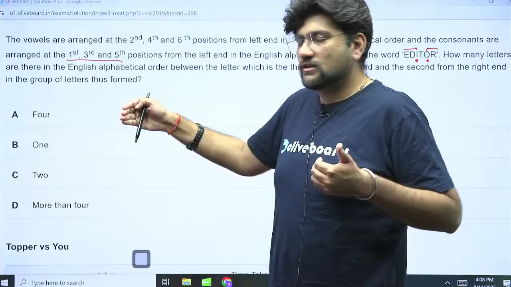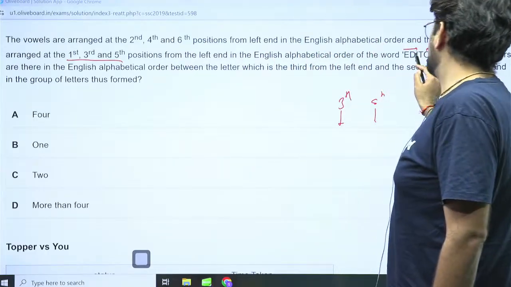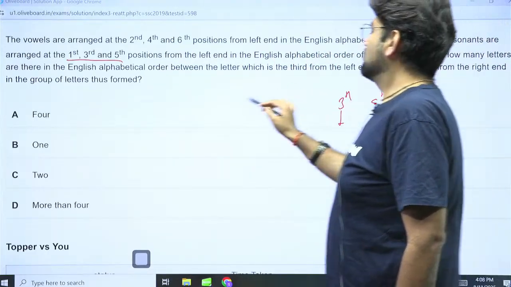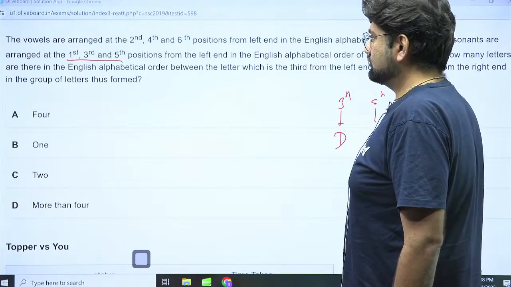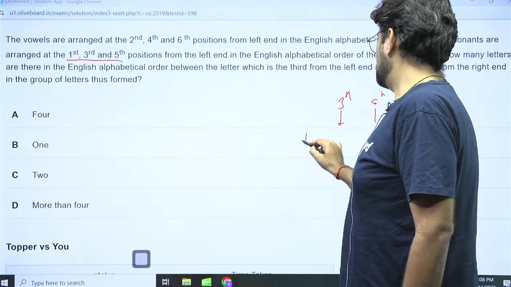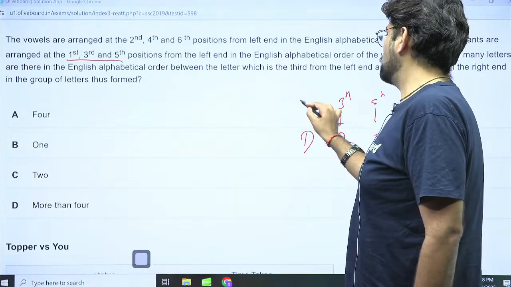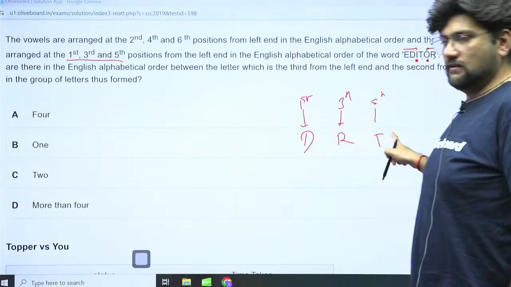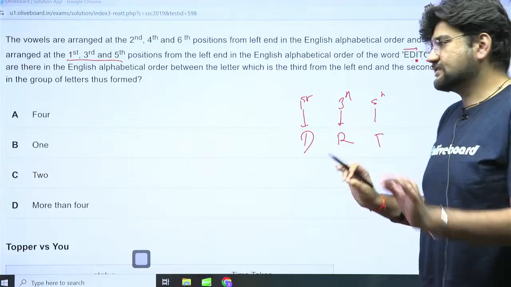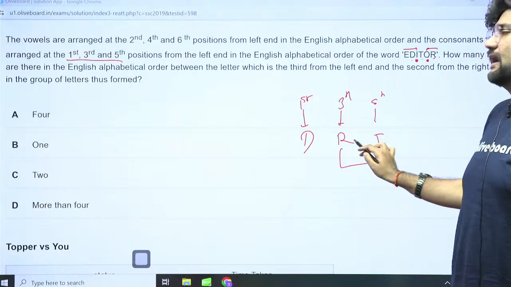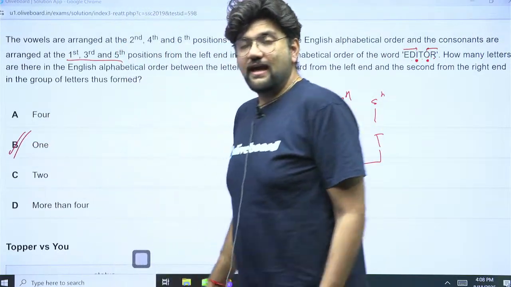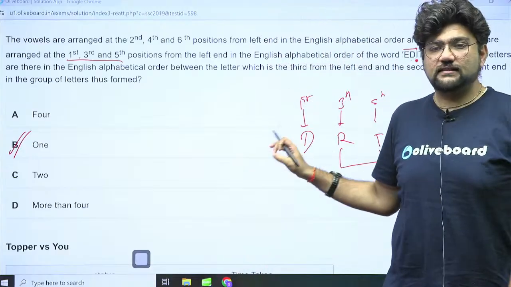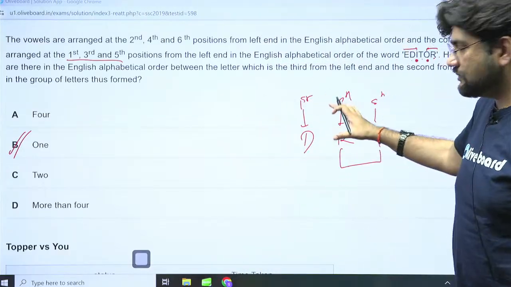So you arrange the consonants in increasing order in the word EDITOR. So we have D, T and R. D, T and R in order will be D, R, T. That's how it's going to work. I'm not arranging the whole thing. So they are technically only asking you how many letters are there between R and T. How many letters are there? Only one. As a matter of fact, if you would have caught this right beforehand,